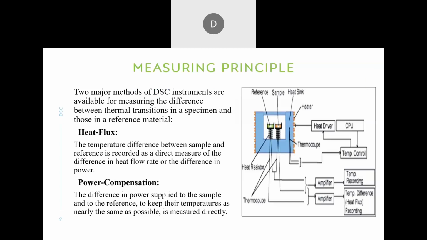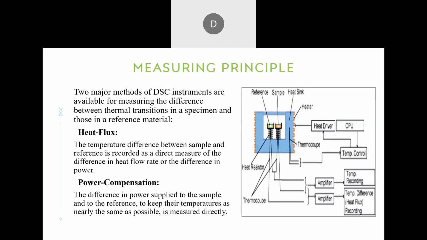DSC can be operated in two methods. One is the heat flux method and the other is the power compensation method. In the heat flux method, the temperature difference between the sample and reference is recorded as a direct measure of the difference in heat flow rate. Whereas in the power compensation method, the difference in power supplied to the sample and to